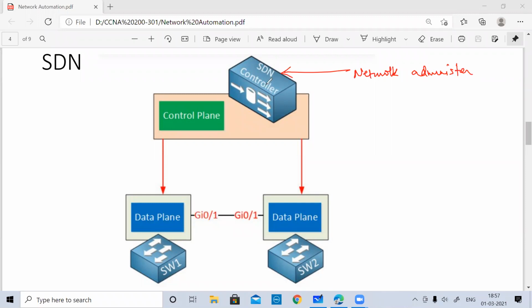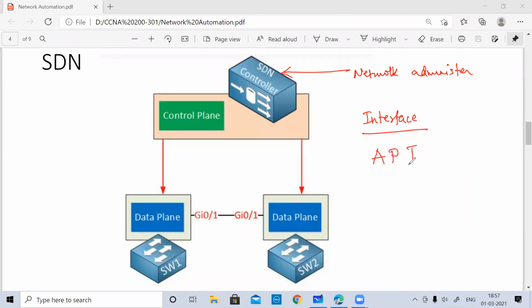So to talk to the controller itself, you will need an interface, and for the controller to talk with the devices, you will need an interface. Because how are they going to communicate? For that, we will learn about a special interface that we normally term the northbound API and the southbound API. Now these APIs, this is very important, guys.